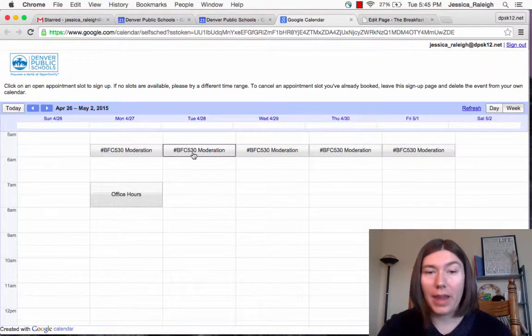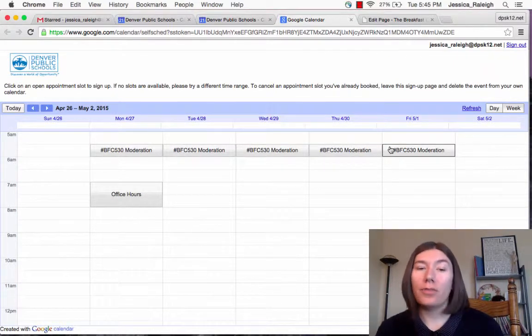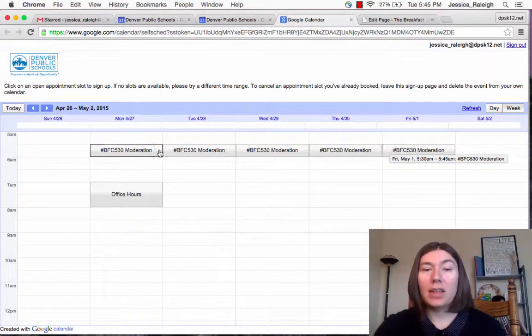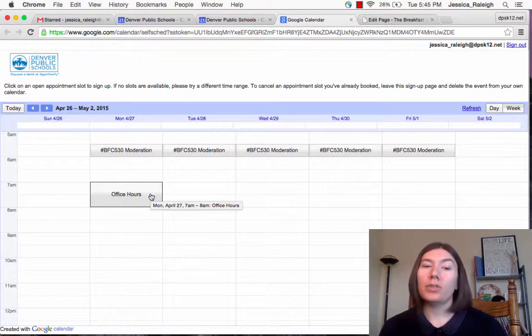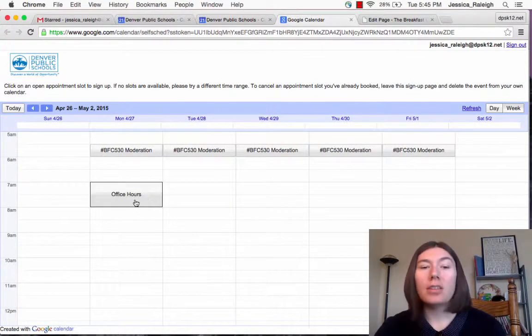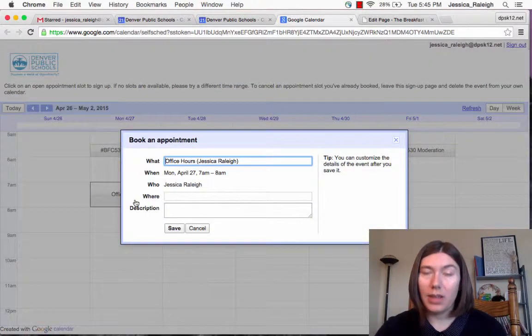So earlier I made a BFC 5:30 moderation for 5:30 a.m. every weekday. You can see those appointment slots there, but this is the one that I just created, that office hours. So when somebody wants to sign up for it, all you do is send them a link to this sign up page. They choose the one that they want and they click on it, and they're going to go ahead and say,